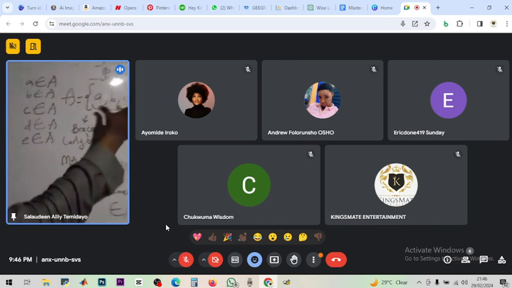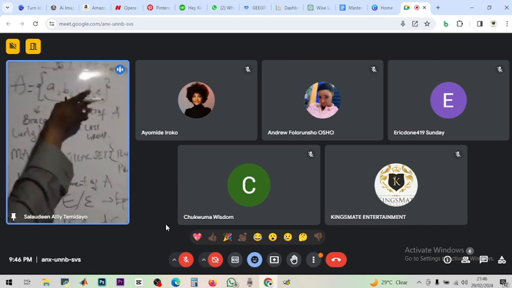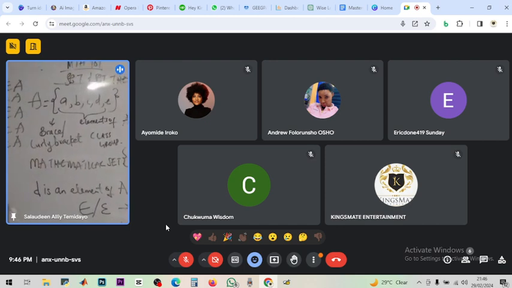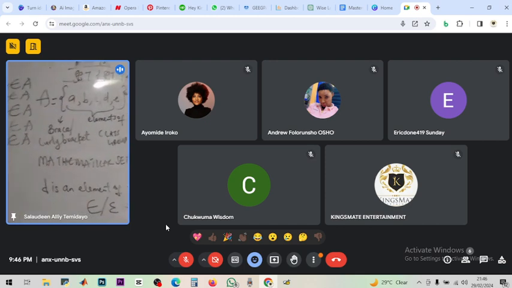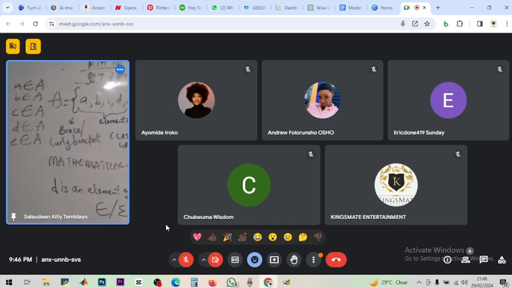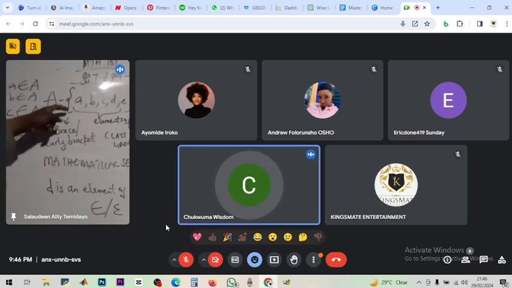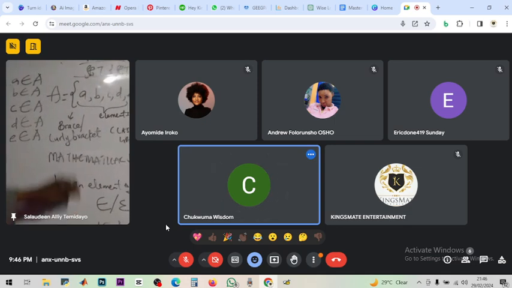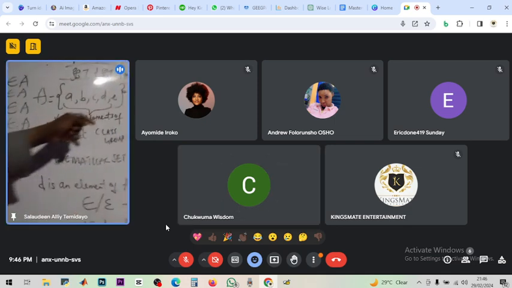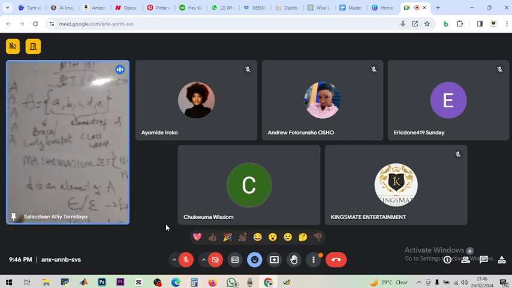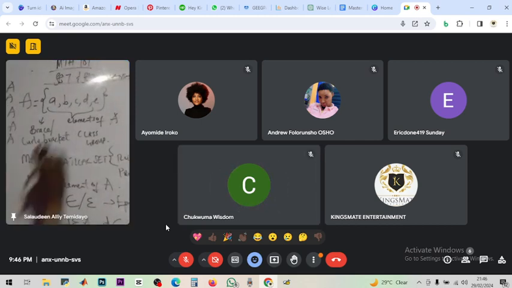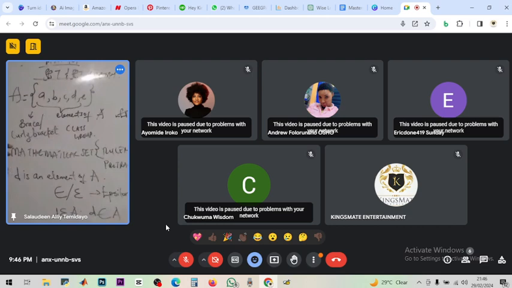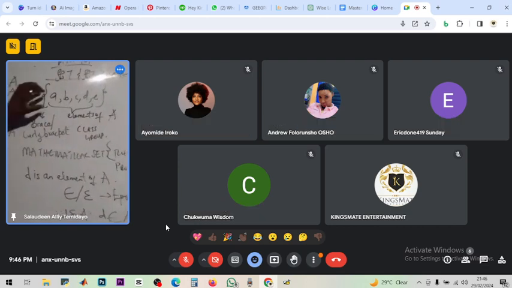But now, according to this set, and you see all that is enclosed in the curly bracket, can we say f is an element of A? Is there anyone that will answer me here? There is no f. Not sure, please. That's very wrong. There is no f in this thing. Please try to understand me well. There is no f in this set.